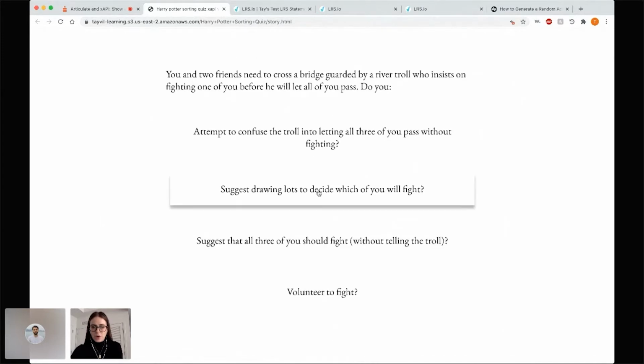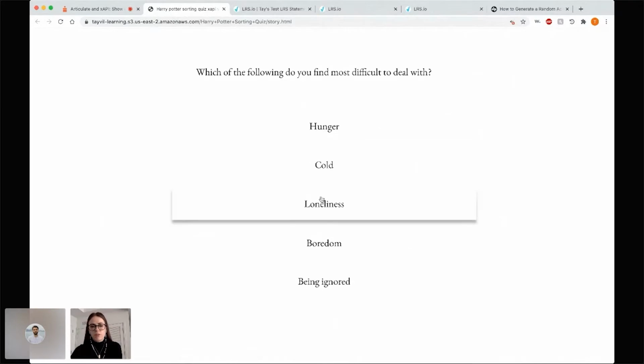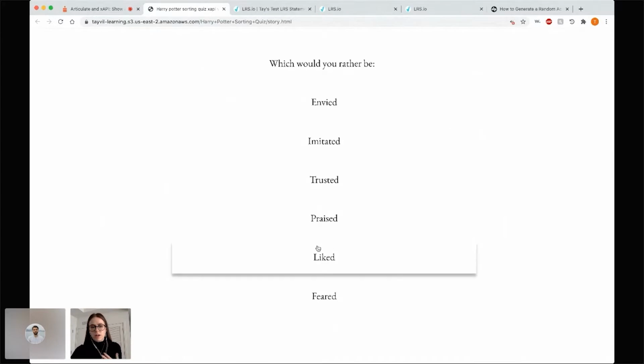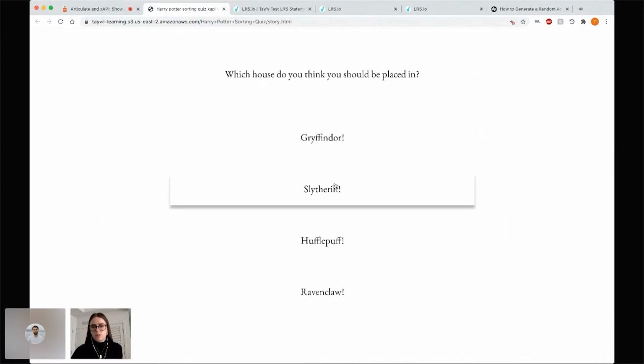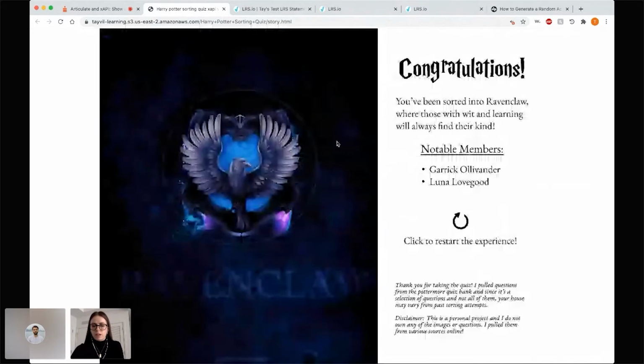Every time I click one of these answers, a statement is firing off. I made the user randomly generated based off of Devlin's tutorial. I can post a link near the end. One of the main points of my quiz was that I wanted to see where people thought they should be placed and then where they actually got placed. So I was just clicking random things. I don't know what house I'm going to get into.